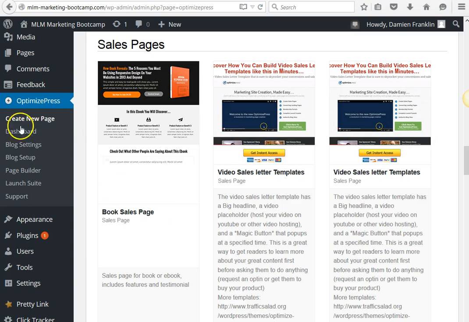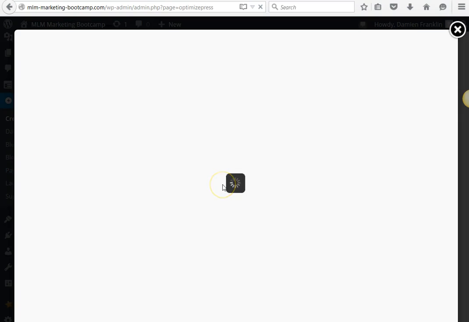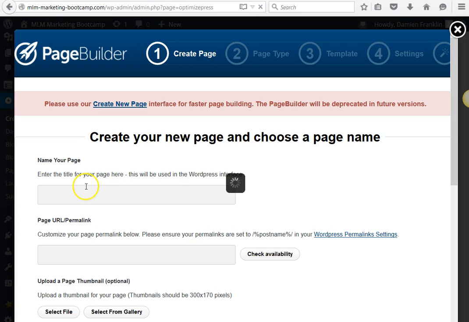Okay, so what we're going to do is go under OptimizePress on your dashboard. You're going to hit Page Builder. We'll wait for that to load. Now we're also going to enter a title. Your title is going to be your page title. So whatever page title you have at the very top of your tab, this is what your page is going to be titled. Okay, so I'm just going to title this Training